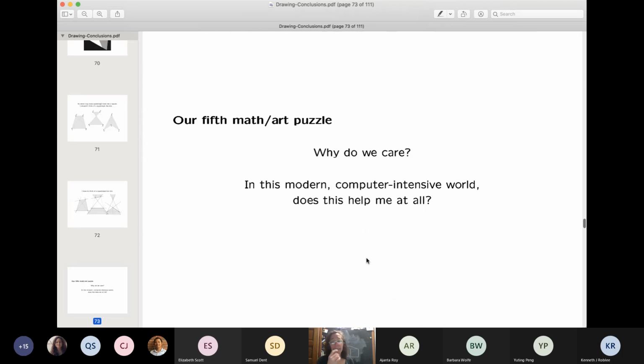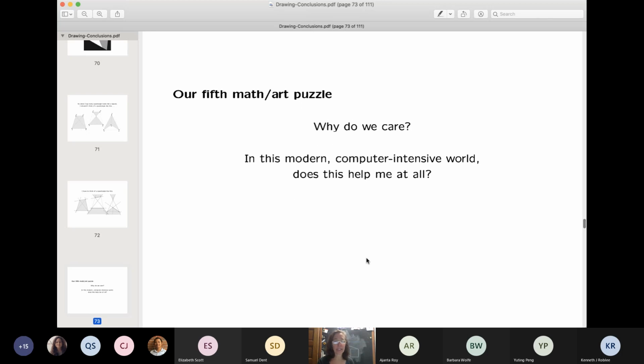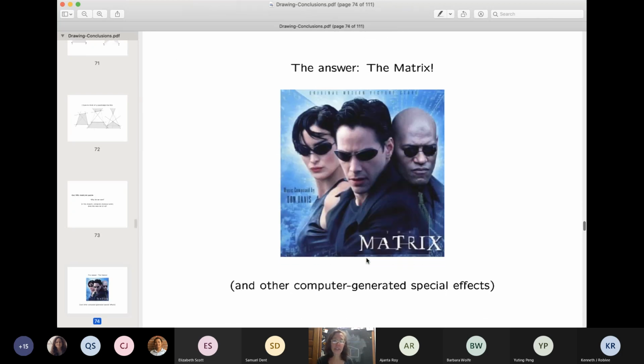Okay, here's our 5th math puzzle. Why should you care? Maybe you're not going to be a curator in an art museum, or you're not going to draw things in 2-point perspective, or you're not going to do these weird math proofs about crazy quadrangles and shades. Well, the reason that you should care is the matrix, and in particular because when we actually draw